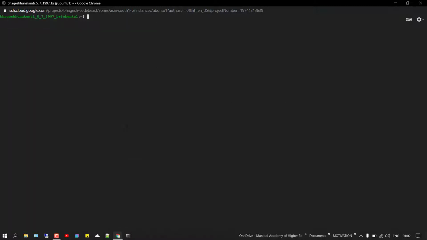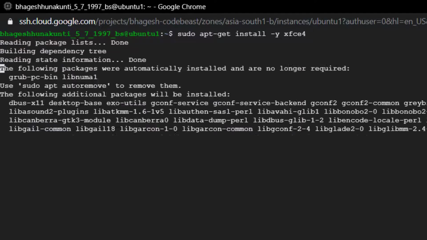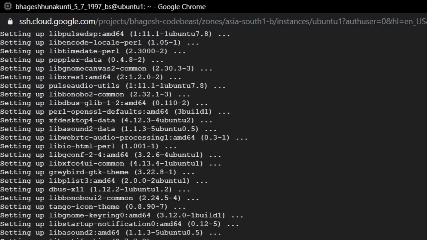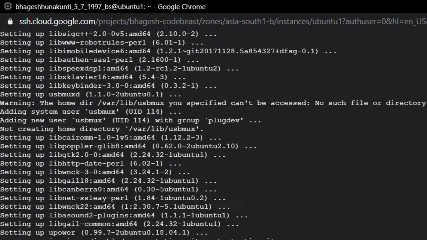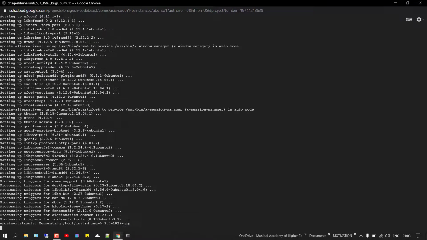Yeah, so once you're done installing XRDP, you'll have to run the same command again, but this time we'll be installing XFCE version 4. Again, this is a graphical user interface plugin. This specific set of commands are for Ubuntu. Any distribution of Linux can be activated with these set of commands.